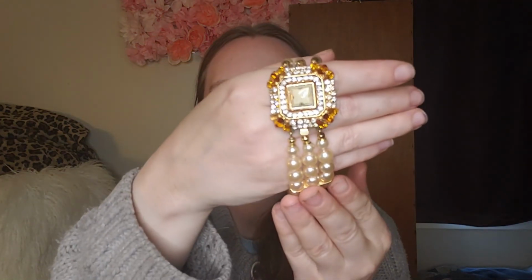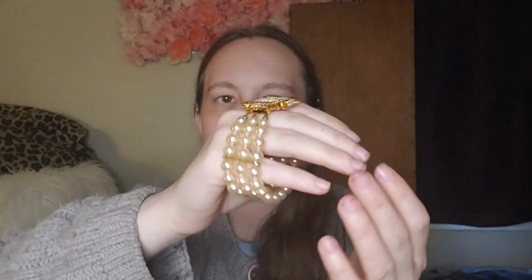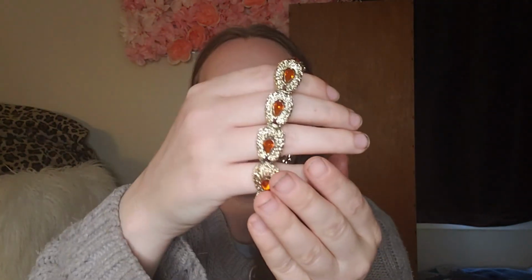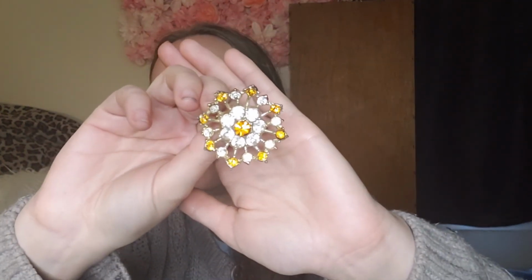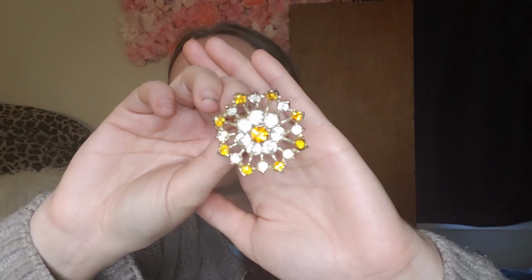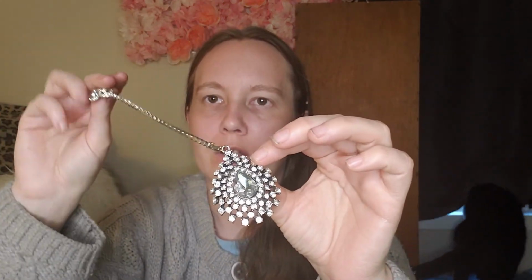There is also some more jewelry. A lot of this I got, I think, 3 years ago. Nice bracelet. And it kind of goes with this topaz one. I also have this brooch. And there's this. I got it in like a mishmash of other jewelry, which I can't find. But